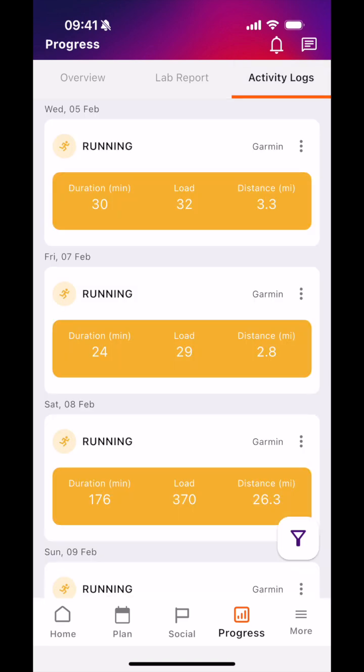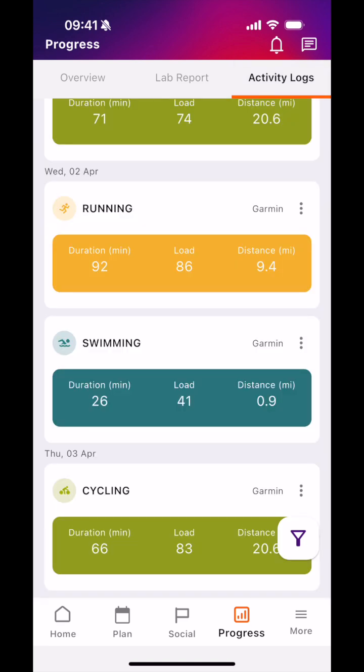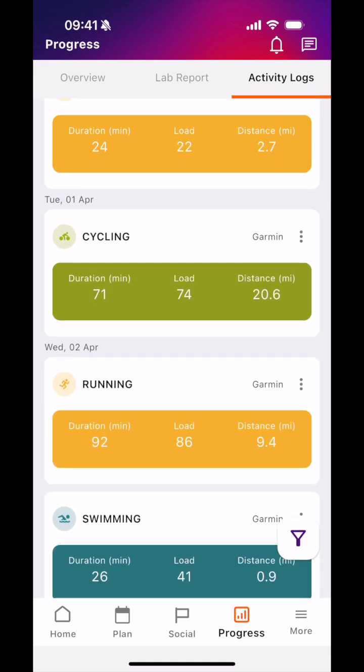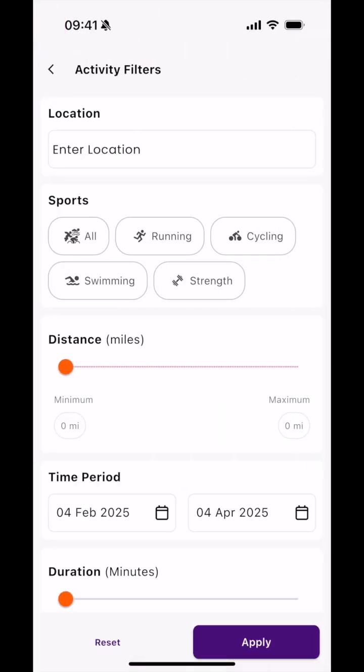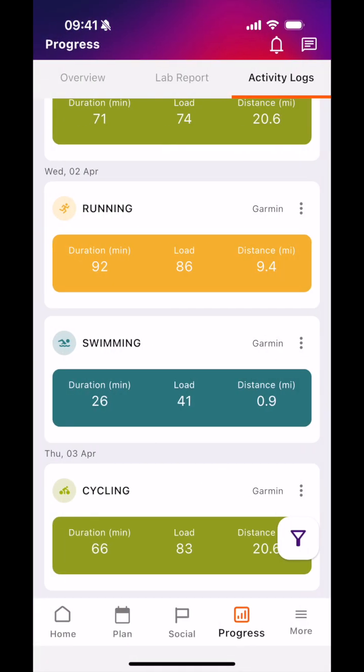Alongside the lab report is the activity logs. This is all of your activities that you've logged within HumanGo. So we can scroll through, see Eric's previous activities, and if I want to, I can filter through and search. This is really useful if you're looking for a specific activity. But if we head back to the overview now,